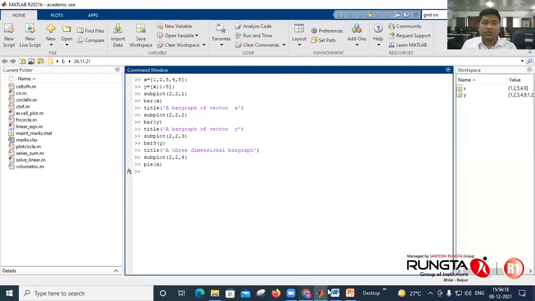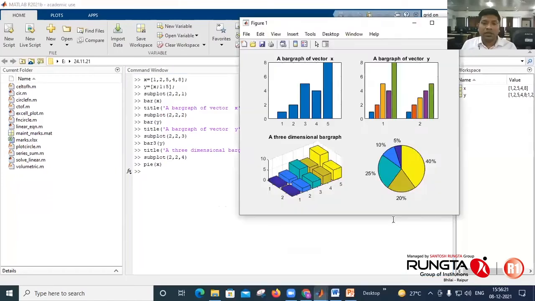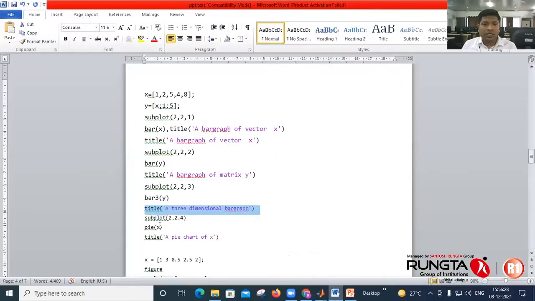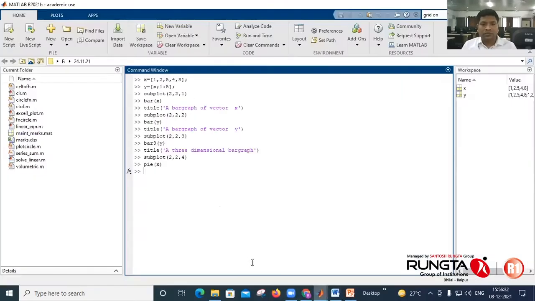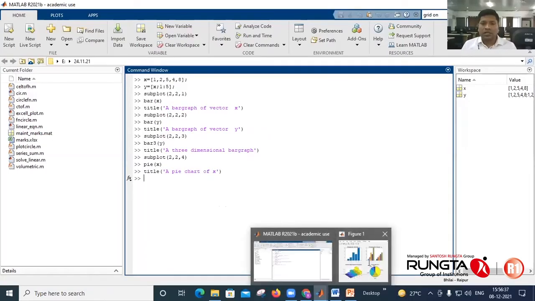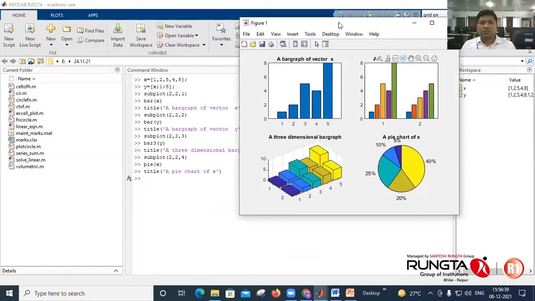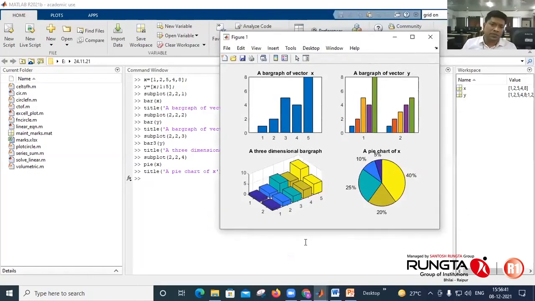It will generate a pie chart of X values over here. Again, you can give the title, just copying the title: a pie chart of X. You can see, this is how these simple bar graphs, 3-dimensional bar graphs or pie charts you can make. Okay, I think it is clear.